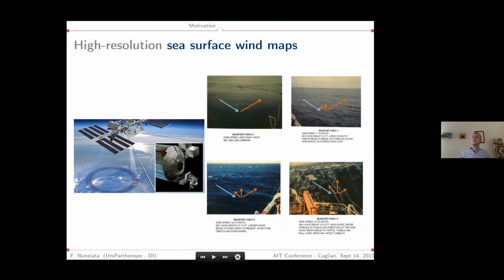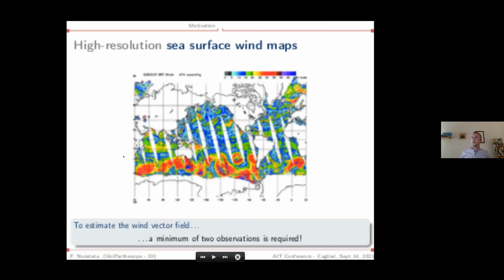So basically, when you have a flat surface, there's basically no local wind. As the wind increases, the surface gets rougher. Of course, things are a little bit more complicated, since you can also have a number of external factors that affect your roughness. But at least in principle, this is the rough picture. The scatterometer is actually able to provide very interesting synoptic maps, such as the one I'm showing you, where you have these wind vector estimates, sea surface wind maps,